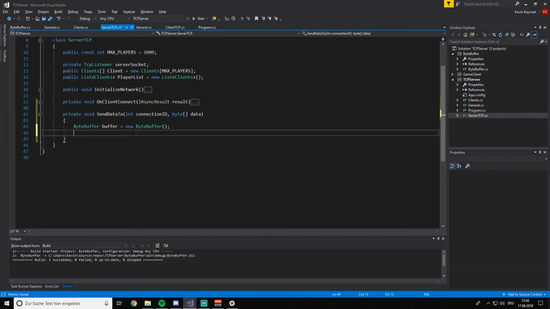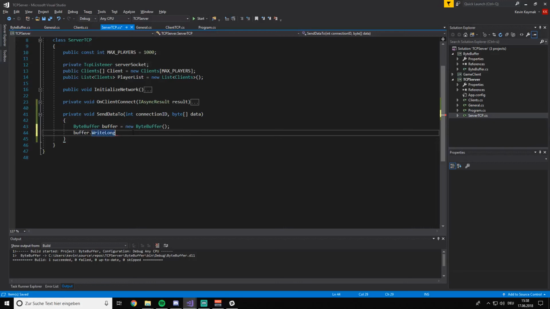And we could basically just say buffer dot write integer and data dot length, and you would think, okay, that is the packet size, but that is wrong. That is totally wrong. What we need to add to make sure that we don't lose the packets in the network, or so the client does not drop the package information, we are going to add a write long, because